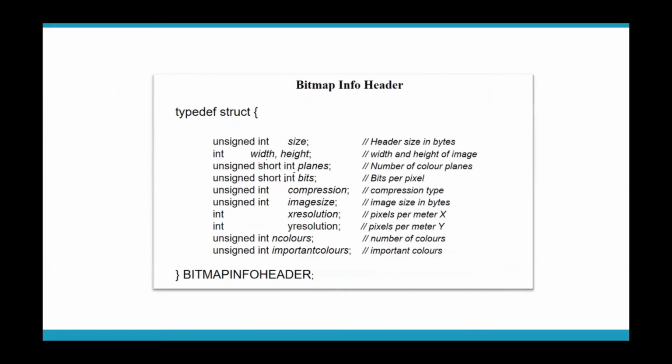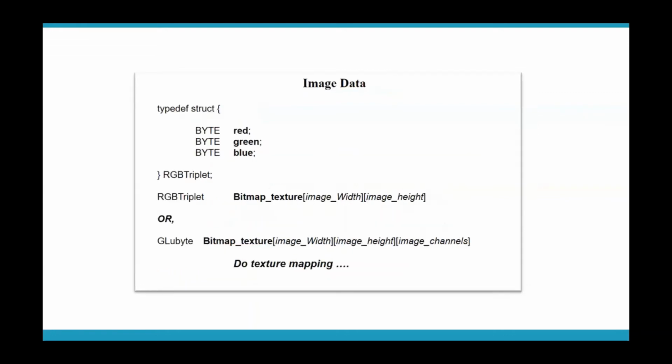The next field is about the number of planes, then the number of bits taken up to represent a pixel, then whether compression is applied or not. Next will tell you whether the image size is changed or not, then the X resolution and the Y resolution, then the number of color map entries, the colors utilized in the image, and the number of significant colors. So these are the entries you will get by examining the information header. And the third section, as I said, is the actual image data.